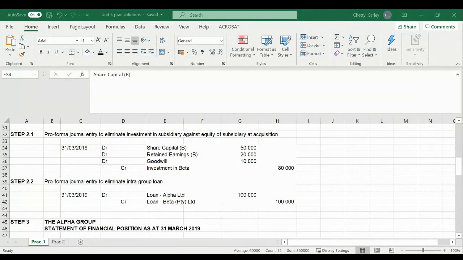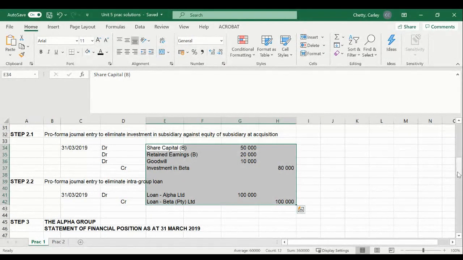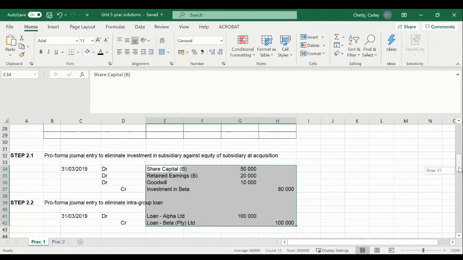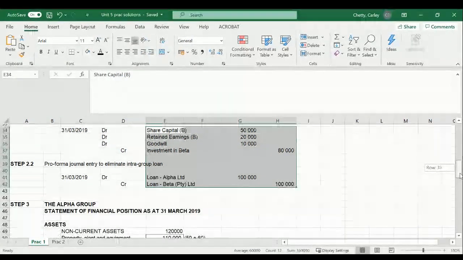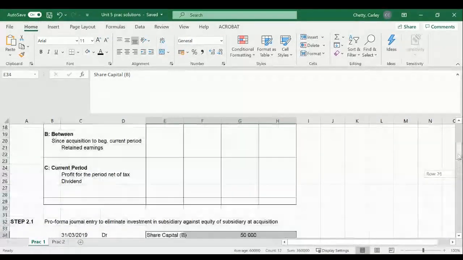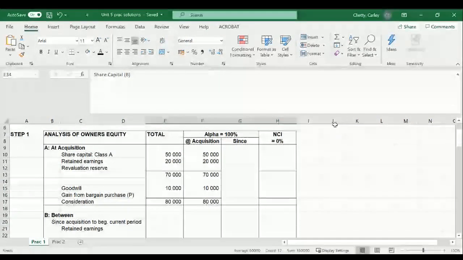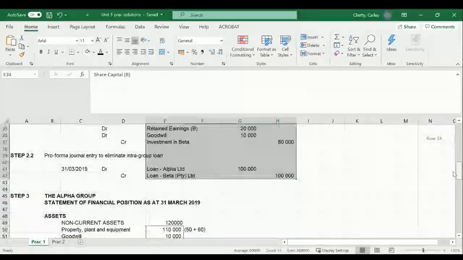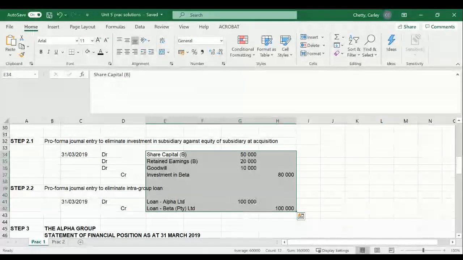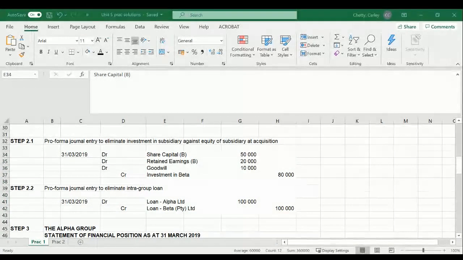Yes, so these amounts are all shown in rands and there doesn't appear to be any rounding. So the 50,000 is showing 50,000 Rand. Okay, so it's all rands in step 1 here. So this is all in rands. And then also in the journal entries we have just been looking at, this is all showing rands. Okay. Okay, thanks, ma'am. And my second question is, in the trial balance, the share capital and the retained earnings is